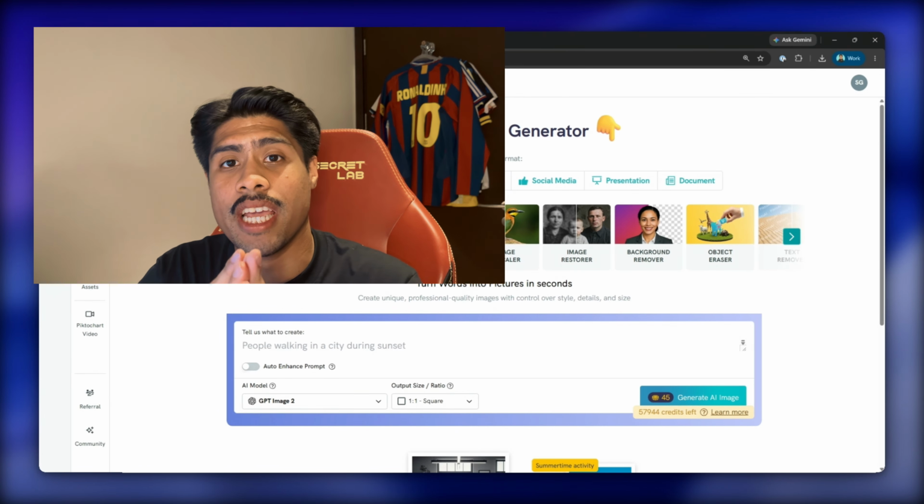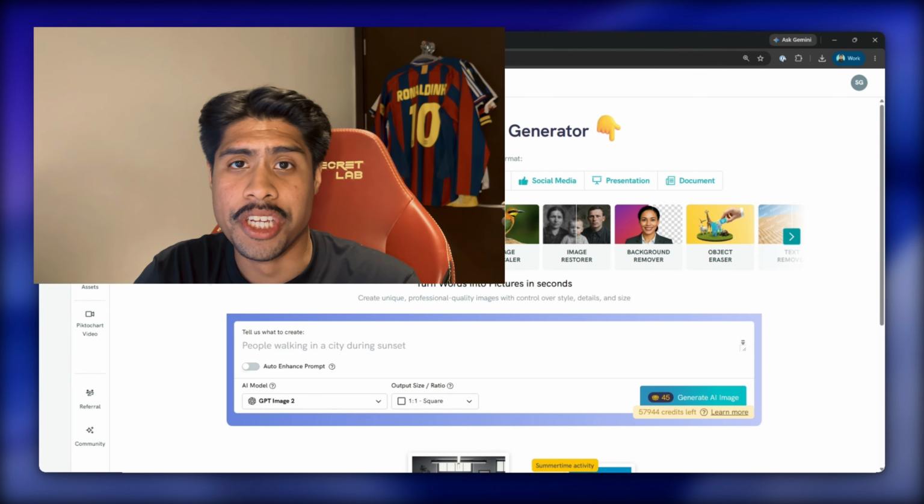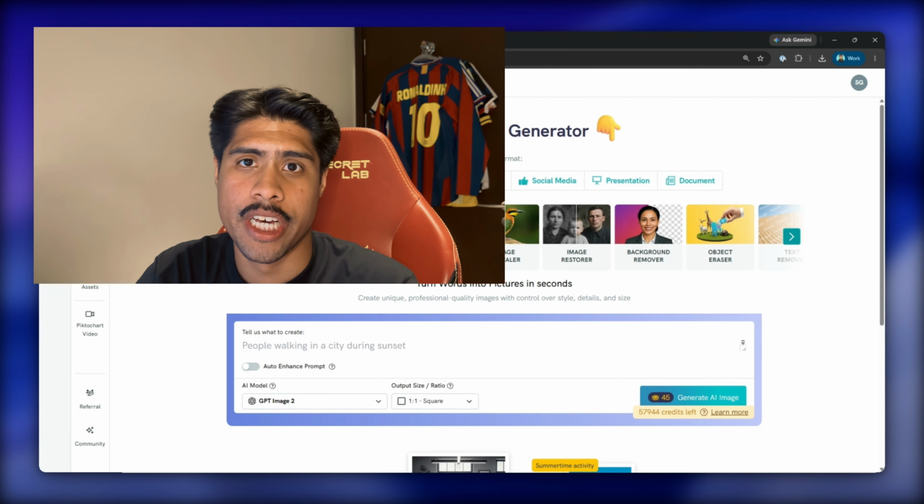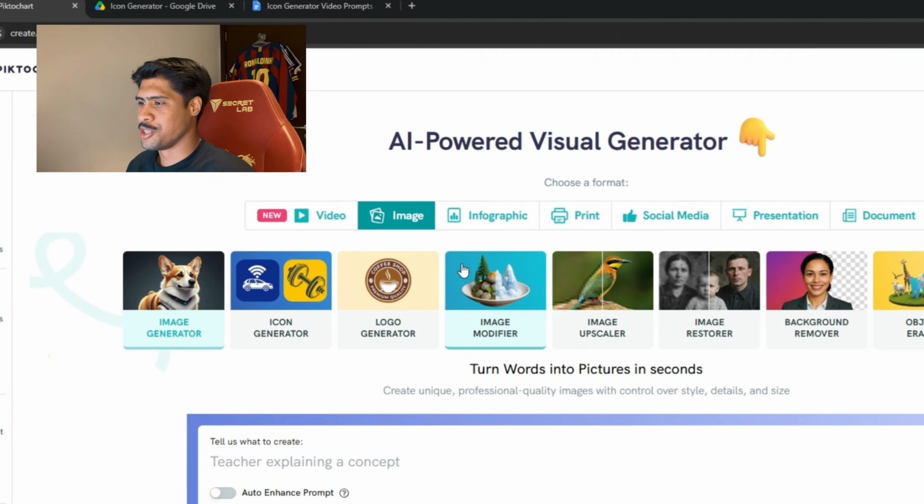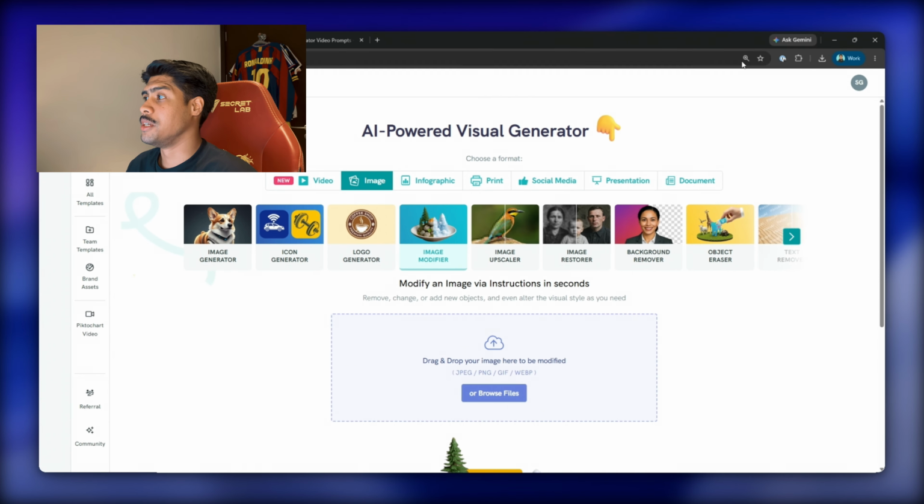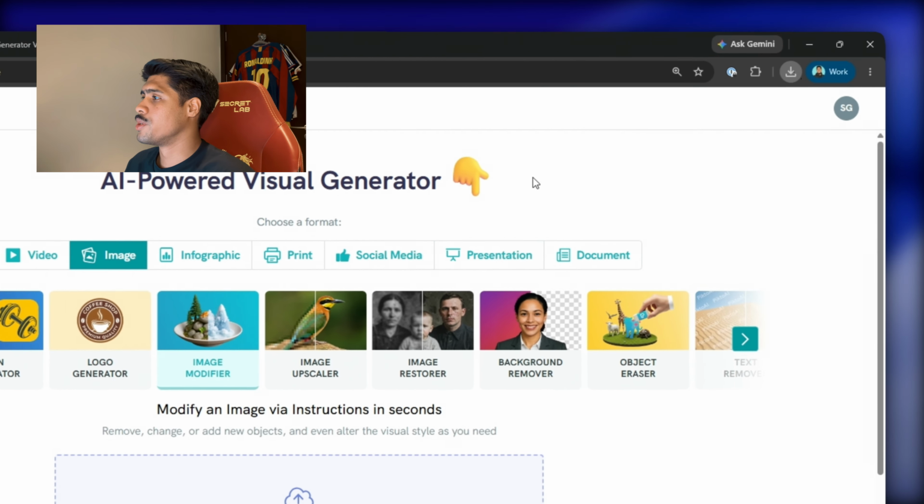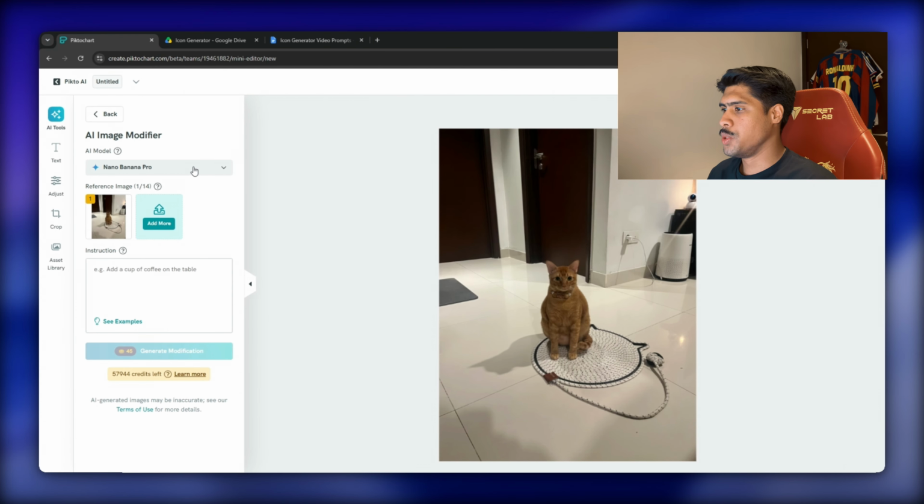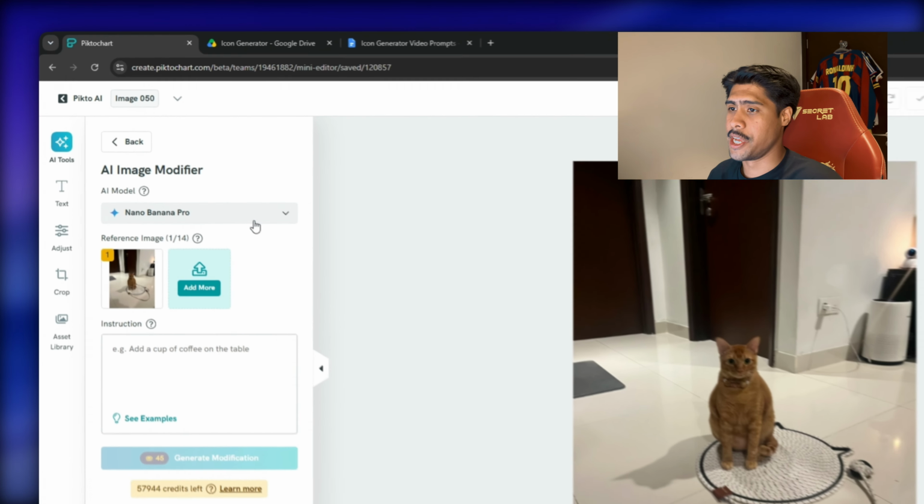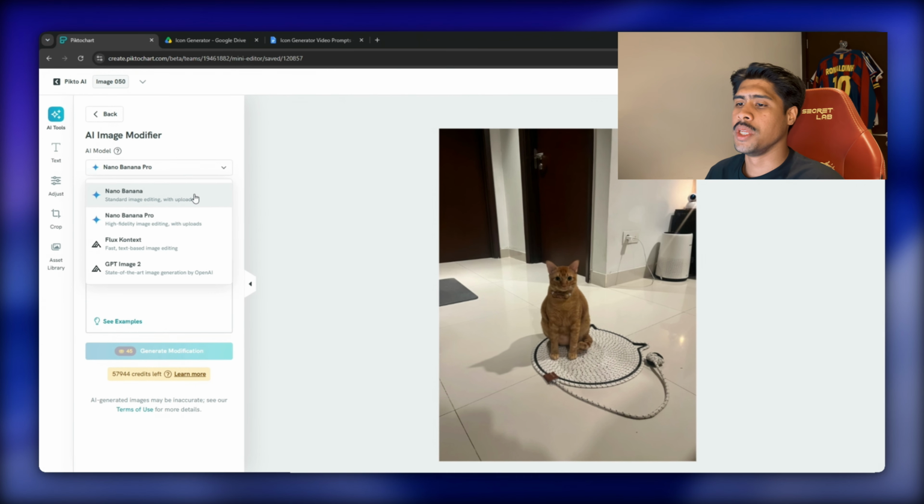I'm Seth and today I'm going to show you how to use the image modifier in Piktochart. Okay, so to use the image modifier, you just hit the image modifier and you drag and drop an image. So I have downloaded here an image of my cat. Within the image modifier, you have a few options to work with. You can add in reference images, which are not needed today, but you can also pick between quite a few